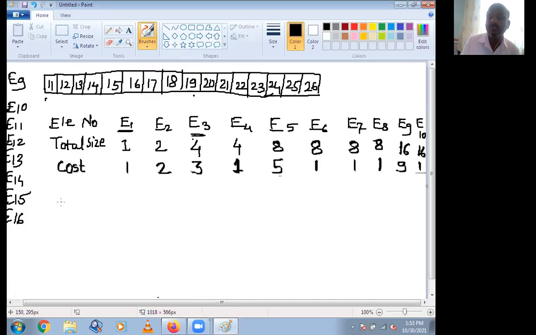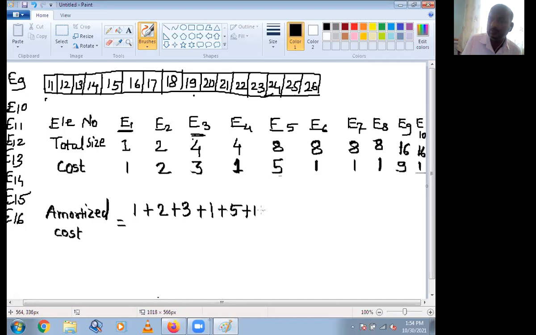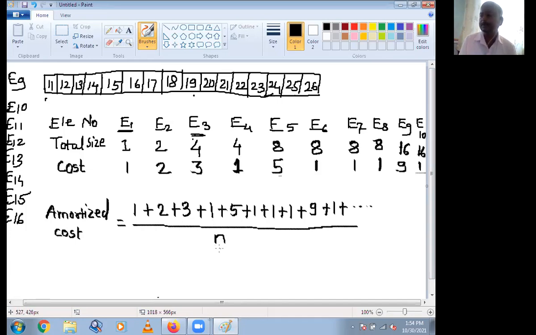Suppose we have inserted n number of elements, so amortized cost is equal to total cost, that is 1 plus 2 plus 3 plus 1 plus 5 plus 1 plus 1 plus 1 plus 9 plus 1 plus 1 up to nth, all divided by n. Okay, so we will collect these ones.